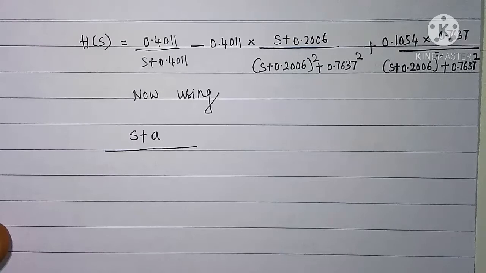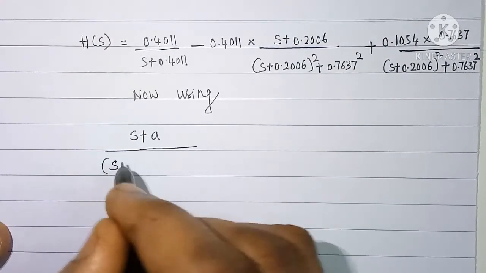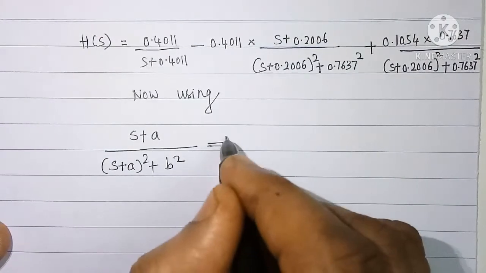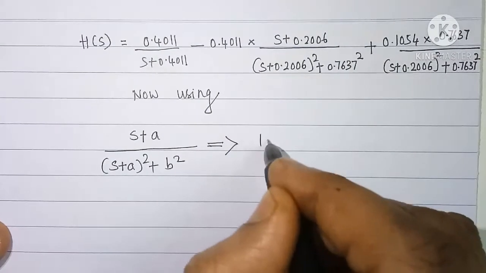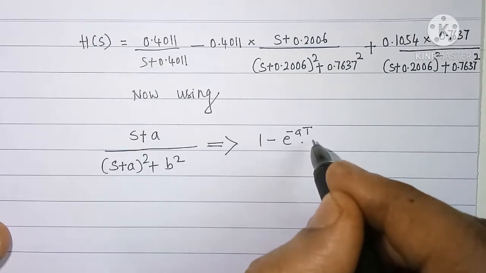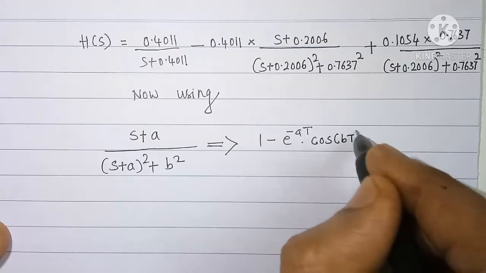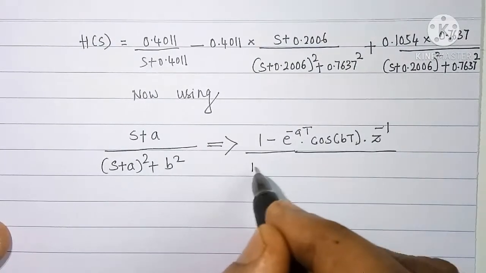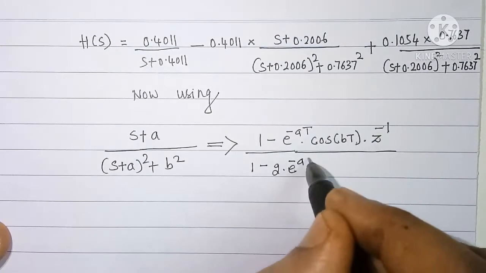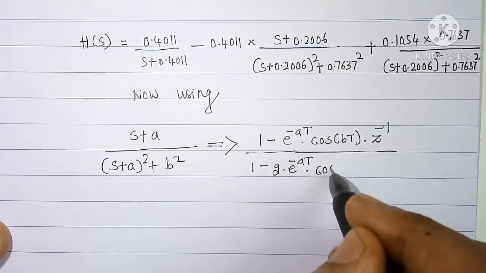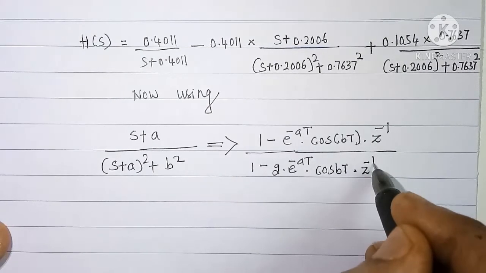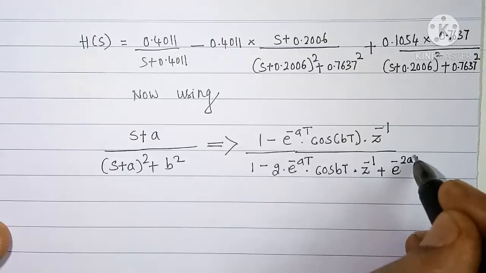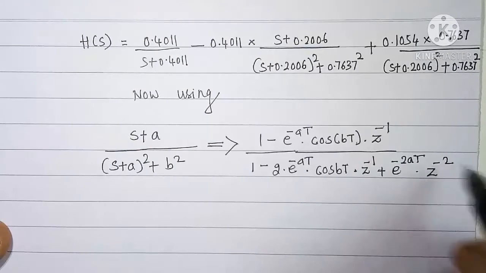Now using standard h of s and h of z relationships, that is s plus a upon s plus a whole square plus b square gets transformed into 1 minus e raised to minus a into capital T into cos of bt into z raised to minus 1 whole divided by 1 minus 2 into e raised to minus at into cos bt into z raised to minus 1 plus e raised to minus 2at into z raised to minus 2, and